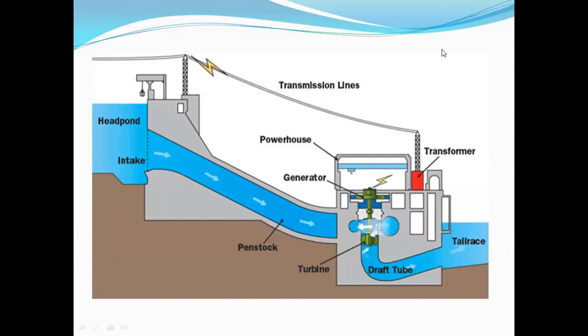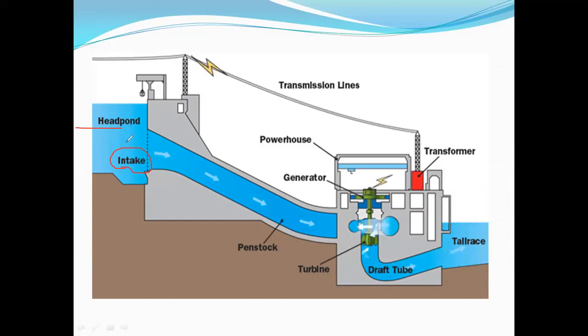Now we are discussing the flow of hydrostatic power. You see this diagram, right? How the hydrostatic power is identified. Hydrostatic power is a renewable source of energy. In this, we have what is known as the intake. You see this, it is the intake. The intake is known as a head pond, a reservoir, or a river head, right?